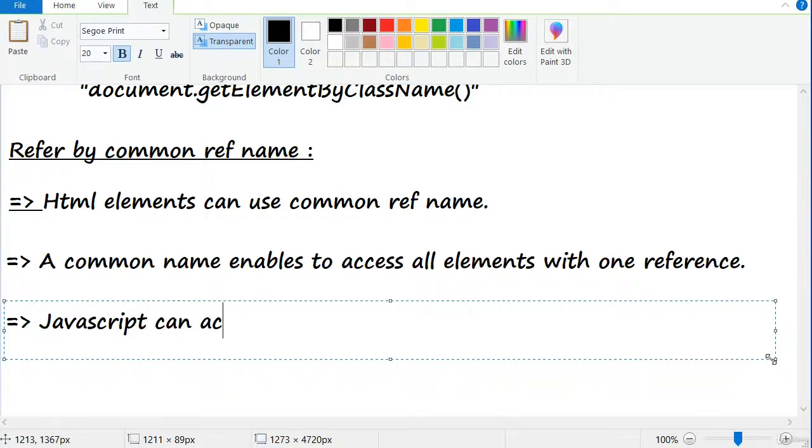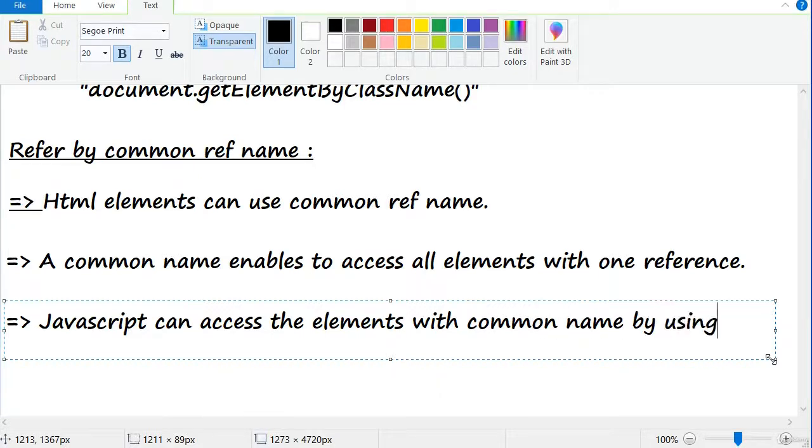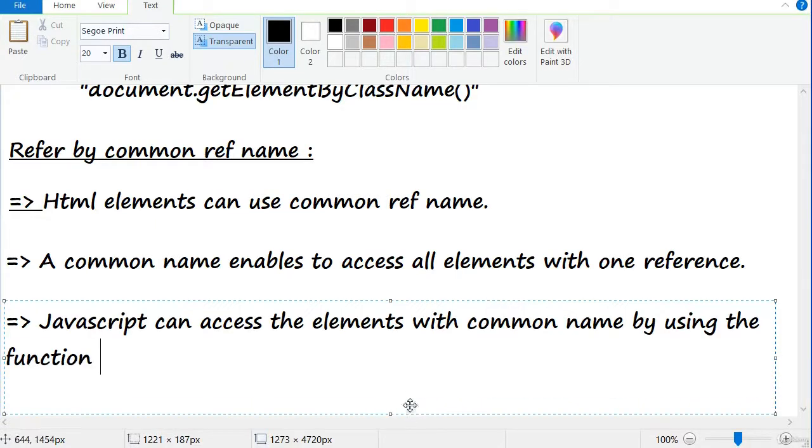JavaScript can access the elements with a common name by using the predefined function, which is document.getElementsByName. This is a predefined function. By using this, we can refer to our HTML elements. We will see an example of how to do this.